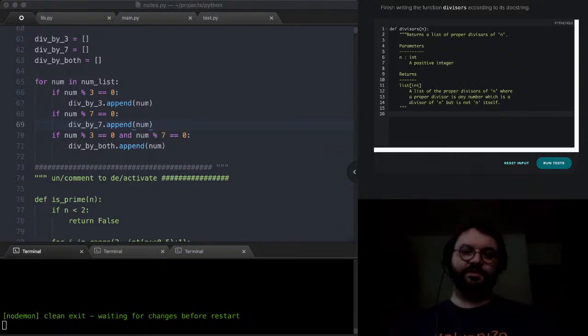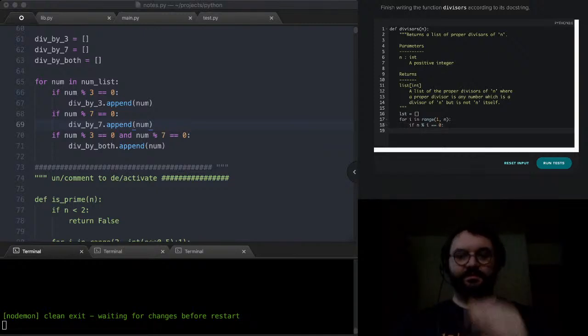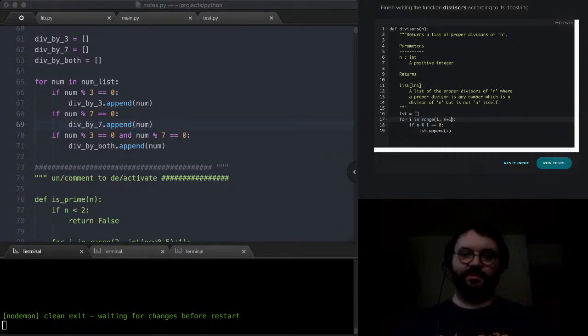So what we can do here is we'll just have a list. It will be an empty list, and we'll say for i in range 1 to n, and I'm starting at 1 because I intend to divide by i. If I start at 0, I'm going to get a zero division error. So we'll say if n over i has a remainder of 0, so n mod i equals 0, then we'll list dot append i. And since I'm not including n by saying plus 1, right, then, oops,